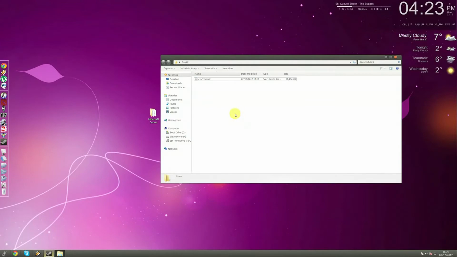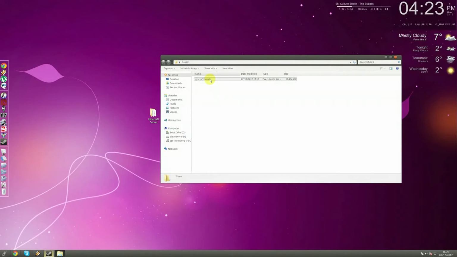So what we want to do now is, you could just click this and it will run, but actually you don't want to do that, because you won't know what's going on in your server. You won't get a nice dialog box like before, and you'll have to end the process to actually end your server too, which is a pain. So I'm going to show you a nice and easy way to get an actual reading from your server